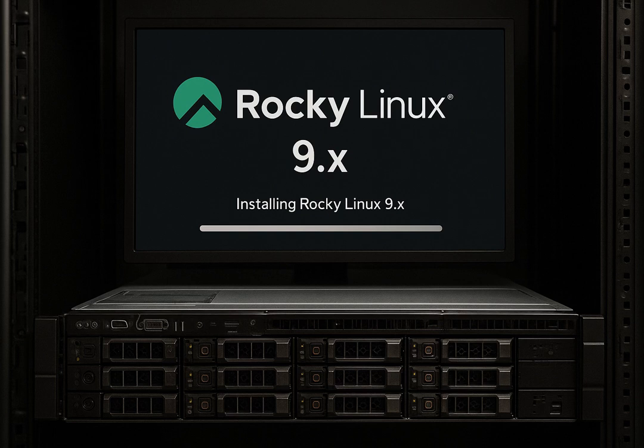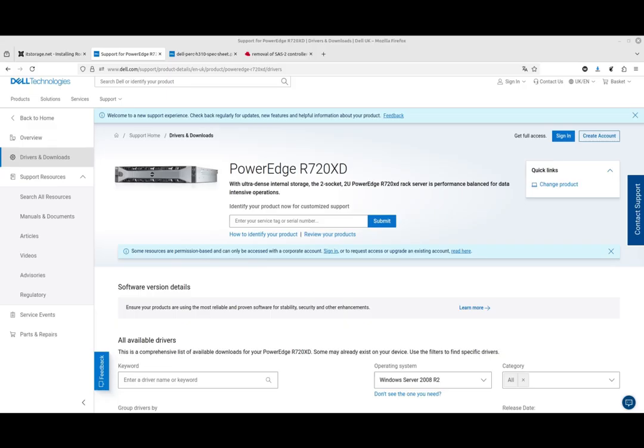Hi guys, in this video I want to show you how to install Rocky Linux 9.6 on Dell PowerEdge R630 and R720 servers. We have two servers and they don't have hardware support anymore, but they are very suitable for test and development environments. I wanted to use these for KVM virtualizations, and during installation realized that Rocky Linux neither detected